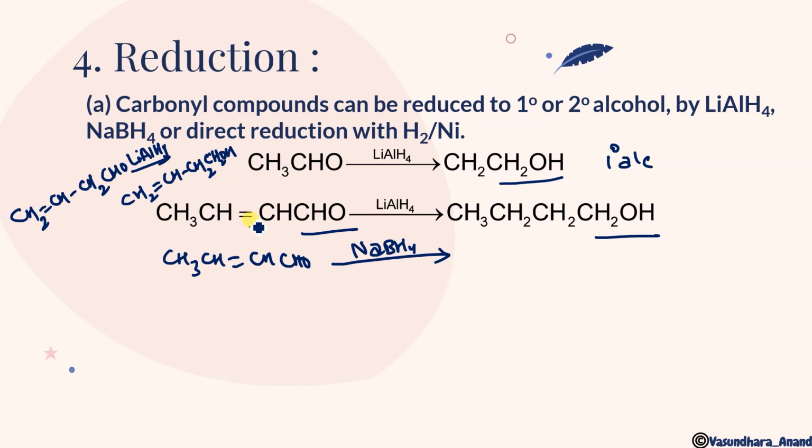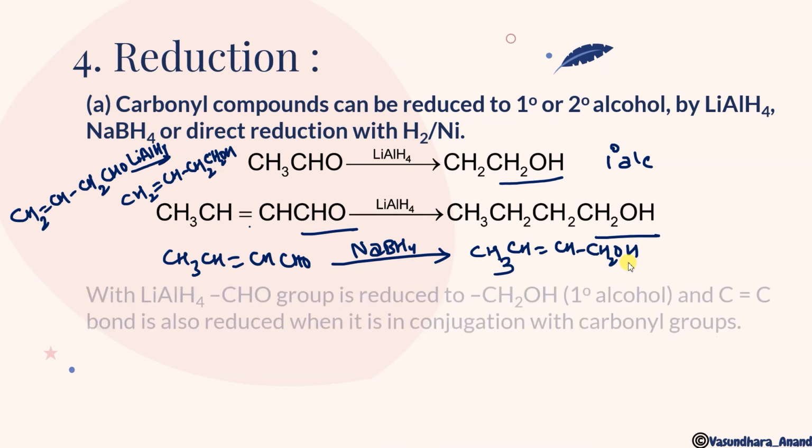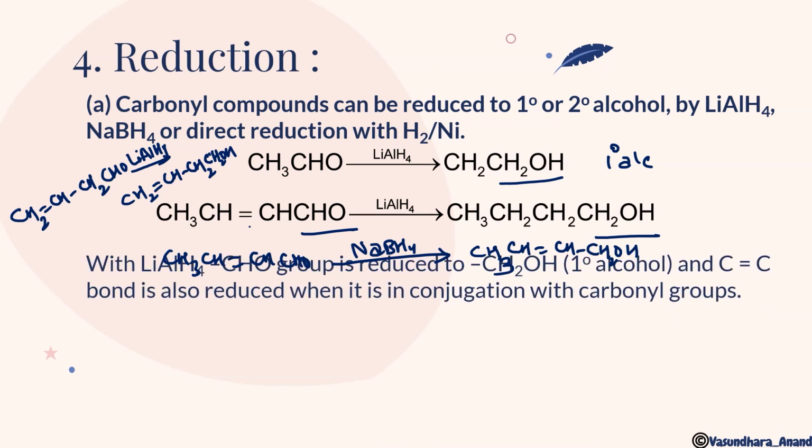Clear? So here the double bond will not change, will not be reduced, but here the double bond is directly attached with the CO group, so that's why it also reduces, and this will form single bond over there. In this case also it will remain like this, CH3. In this case also the double bond will not be reduced because sodium borohydride is there, and that is not that much strong, so it will remain like this, and this will undergo reduction. Clear? But if we will use ketone, it will give you what?